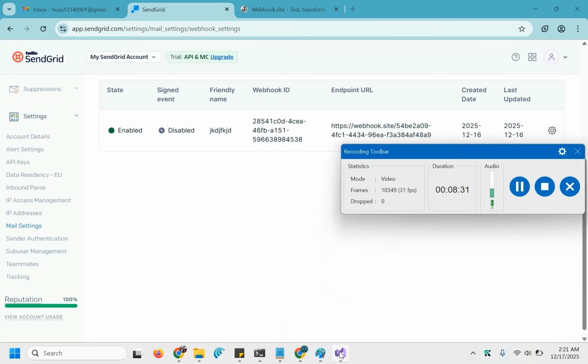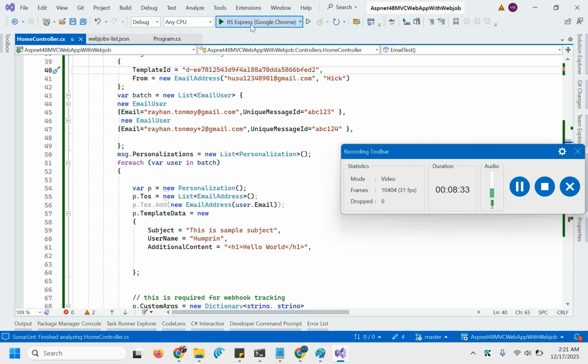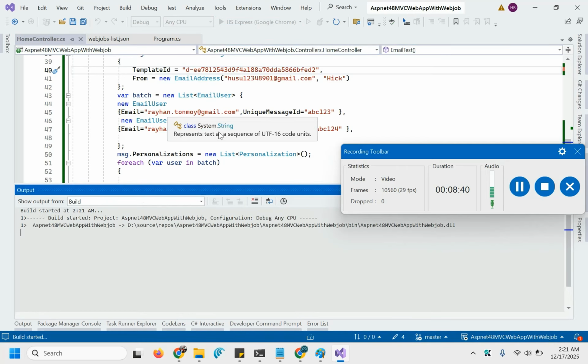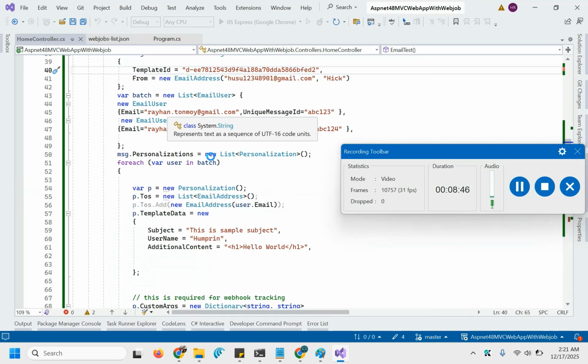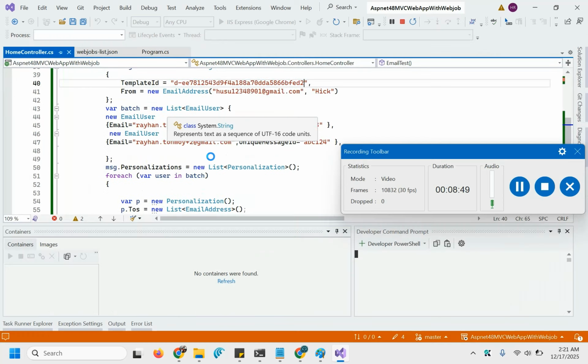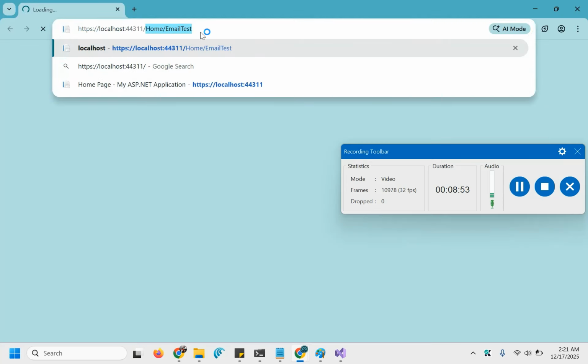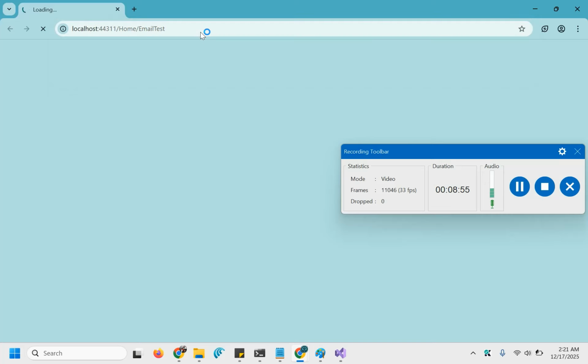Now let me send that email. Let me run my application. It should send two emails with two different unique message IDs. Let me go directly to my controller method, and let's see what it does.